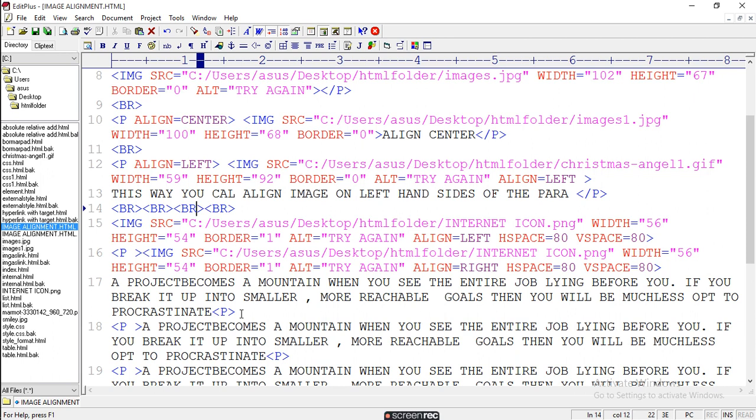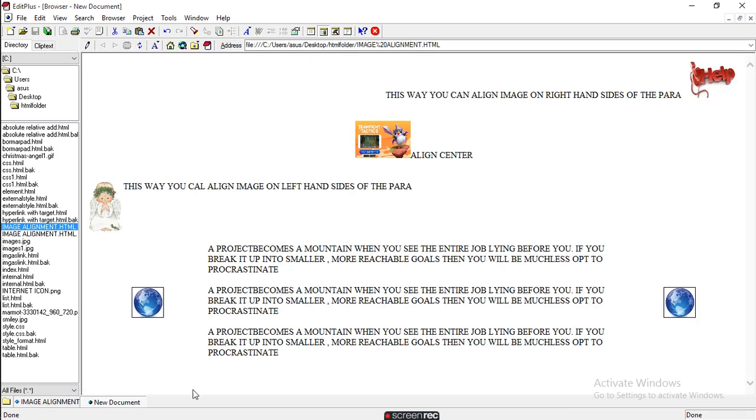When you do this and write the text, here I have given horizontal space and vertical space. These spaces will show in your output around the picture, so the text will come far away from the picture. And let's see, here you will get the space around the picture and text between the two pictures.